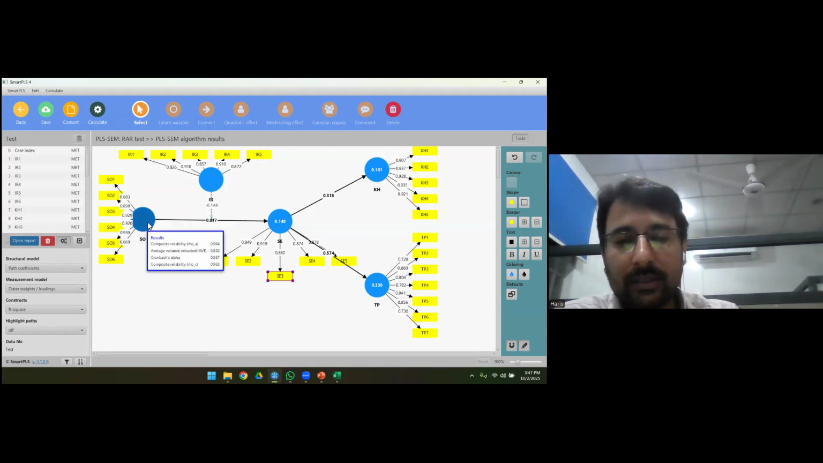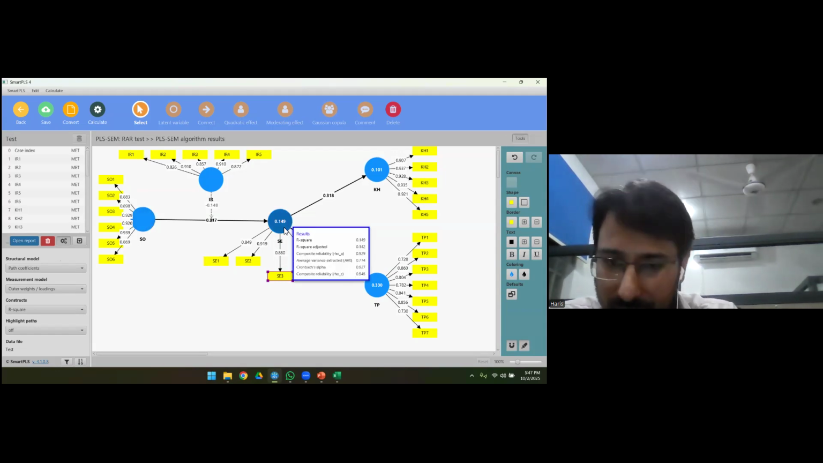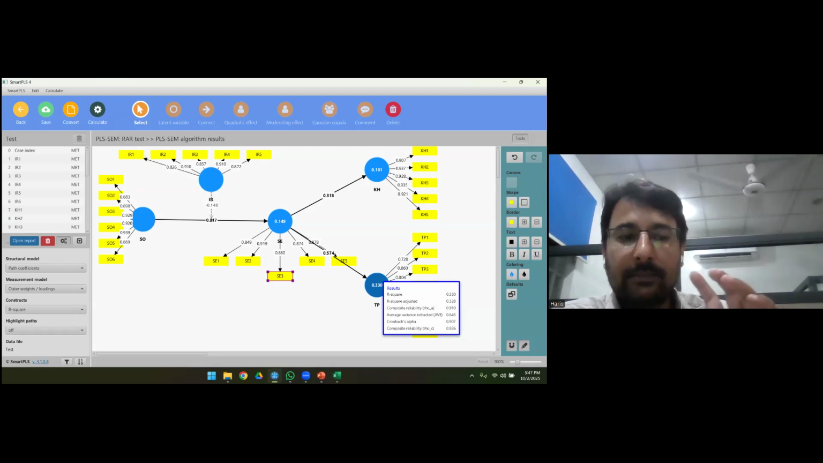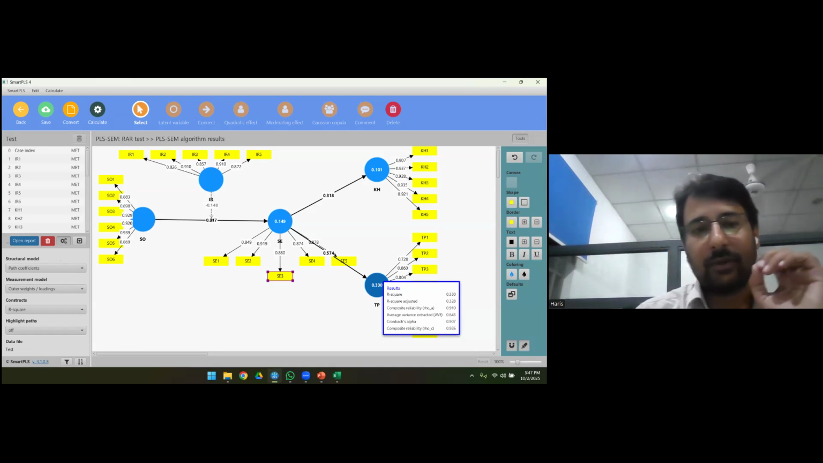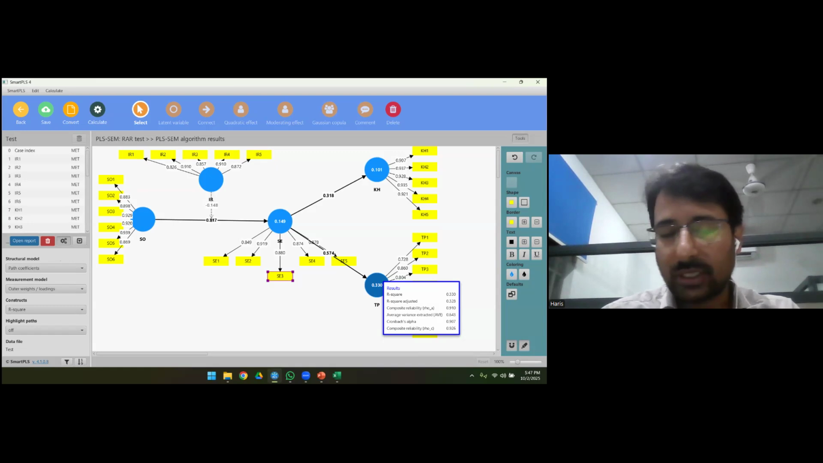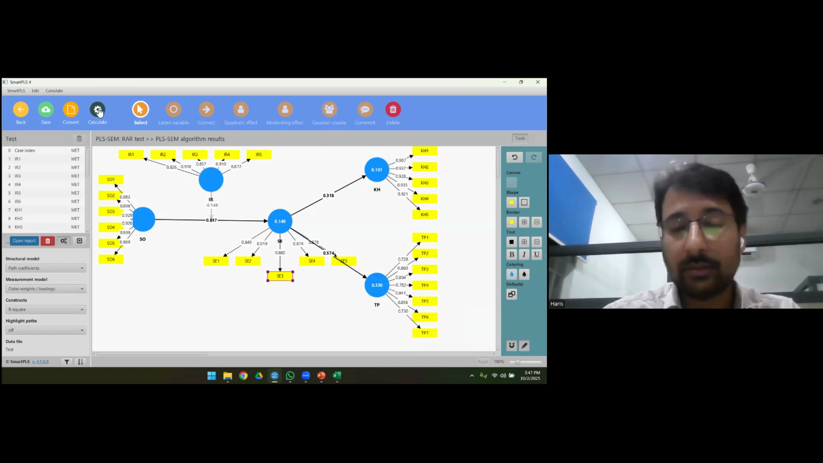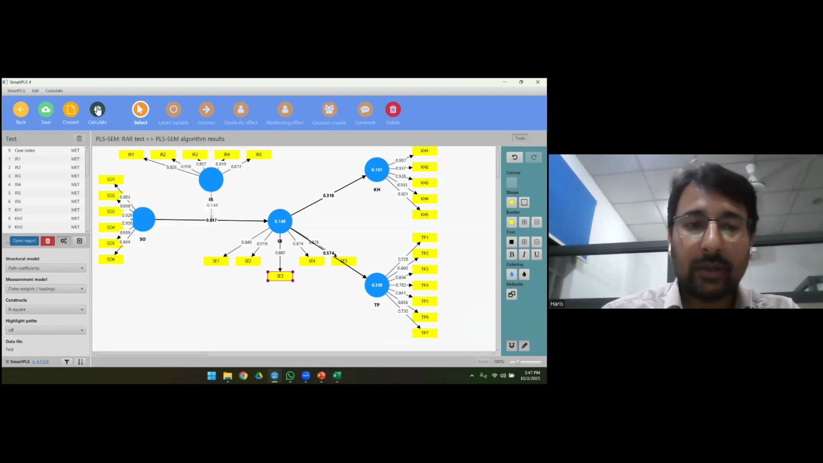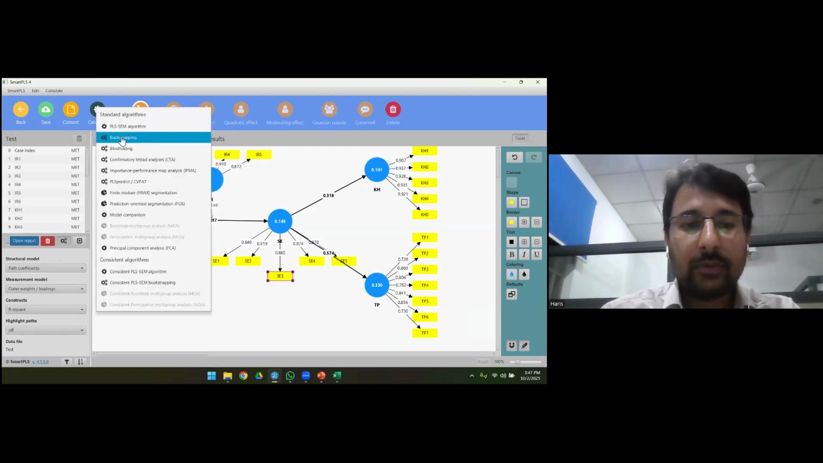Here, first of all, we will discuss the direct relationships. Supervisor ostracism has impact on threat to self-esteem. Threat to self-esteem has impact on knowledge hiding, and threat to self-esteem has impact on task procrastination. So now we know that our measurement model is fine enough, and it is perfectly fine to go towards checking the hypothesis results, which is the real purpose of doing this whole exercise. To find this, we have to click on calculate, and then we go for